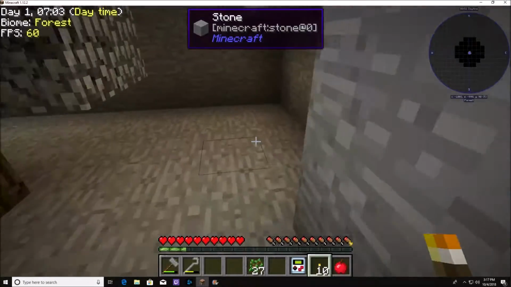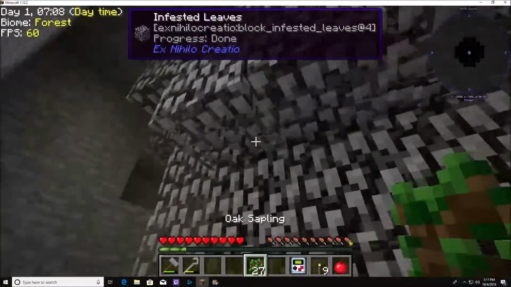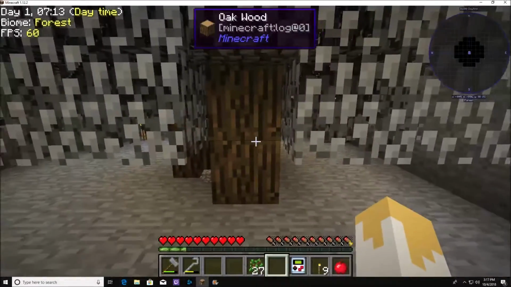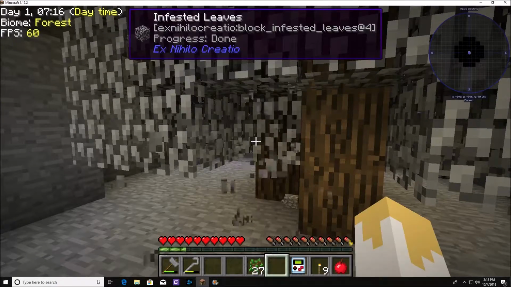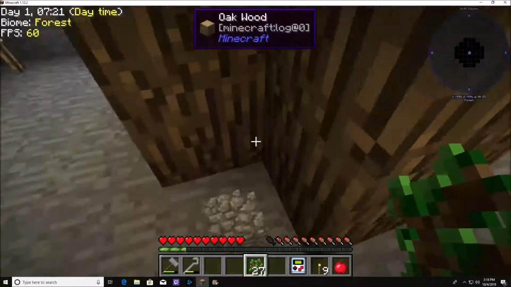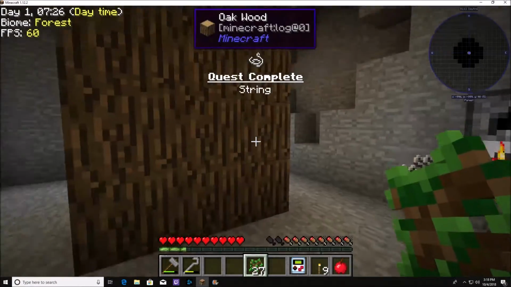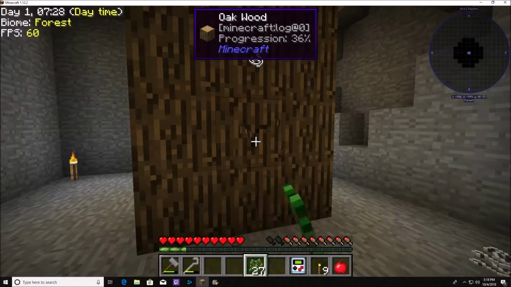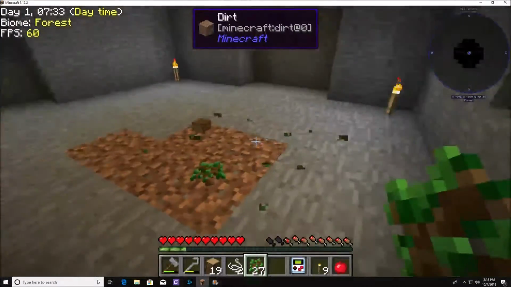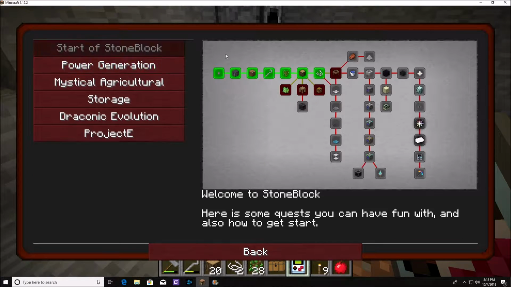So mobs can spawn down here, so if you're wondering if they can, they sure can. So, alright. These are all up there. Now let's break all of these. Oh, I have to have something in your hand. There we go. That should give me... Yeah, I was going to say, that should do it. Alright, now that we've got that finished, claim our loot and go on to